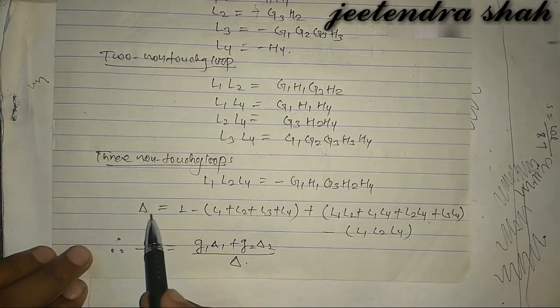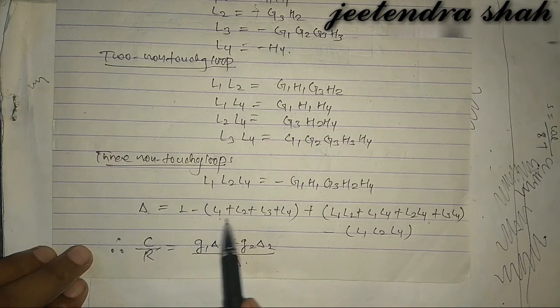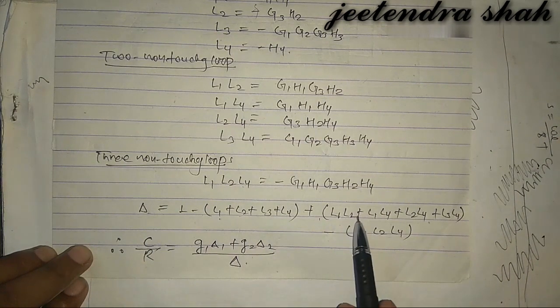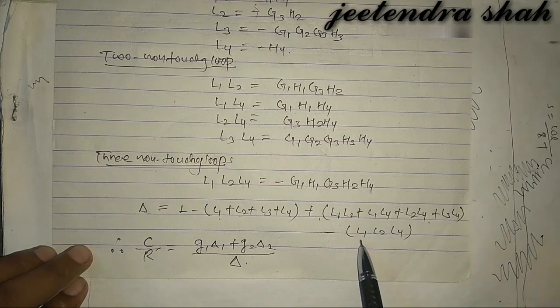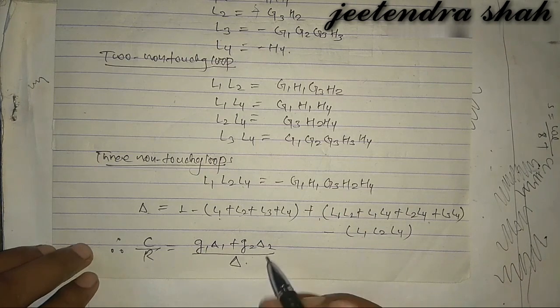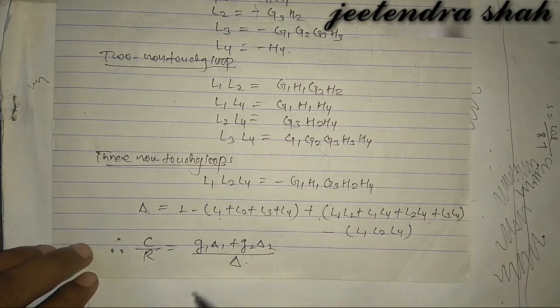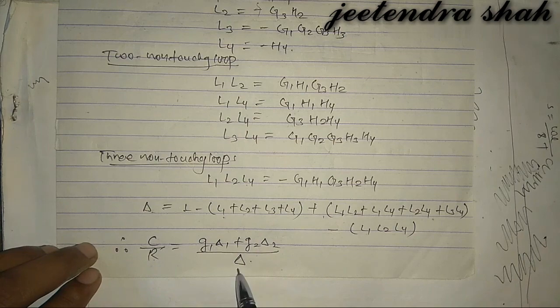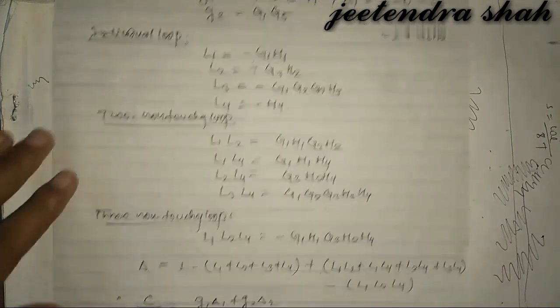So by simplifying, del equals 1 minus L1 plus L2 plus L3 plus L4 plus sum of 2 non-touching loops minus sum of 3 non-touching loops. So by substituting all these values in the formula, we have C by R equals G1 del 1 plus G2 del 2 upon del. So finally